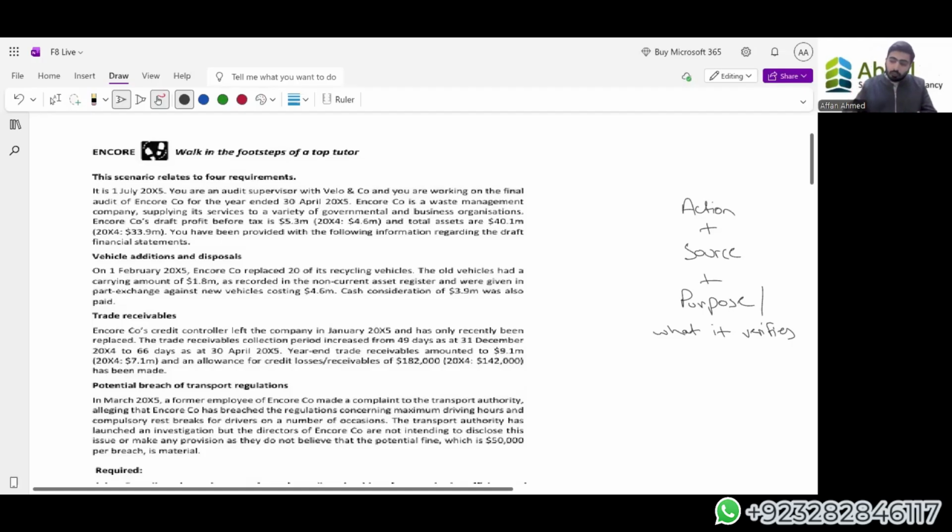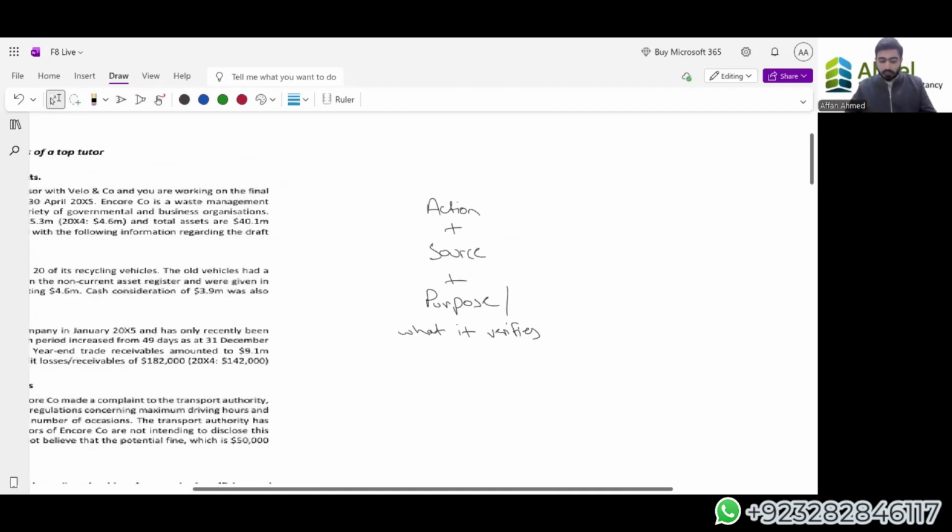Now, when you're writing the substantive procedure, the first area of focus is obtaining information. Whenever you're writing an answer, I would recommend you first try to obtain information through discussions, obtaining schedules, breakdowns, obtaining reconciliation documents, etc. So commonly, what we should first write is to try to obtain more information from the management. So obtaining is the first part: obtain info.